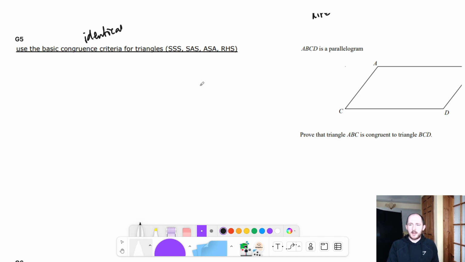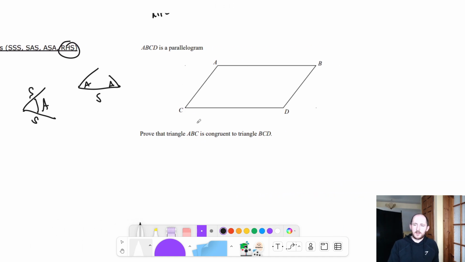The S stands for side, so you can either have 3 sides the same, or you can have 2 sides and the angle between them the same, or you can have 2 angles and the side between them, or you can have that it's a right angle triangle and the same hypotenuse and side. So again, if I do this as an example, they're asking me to prove that ACB and